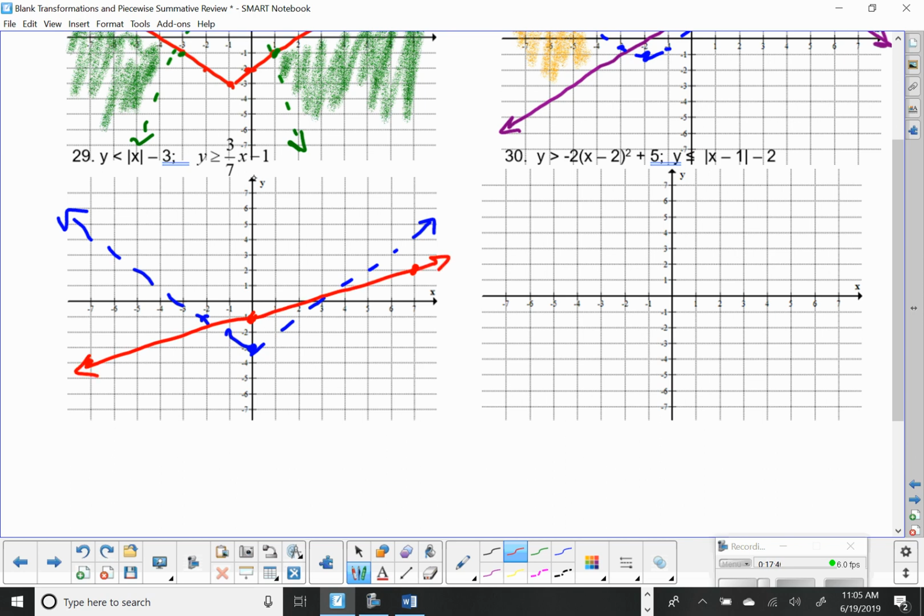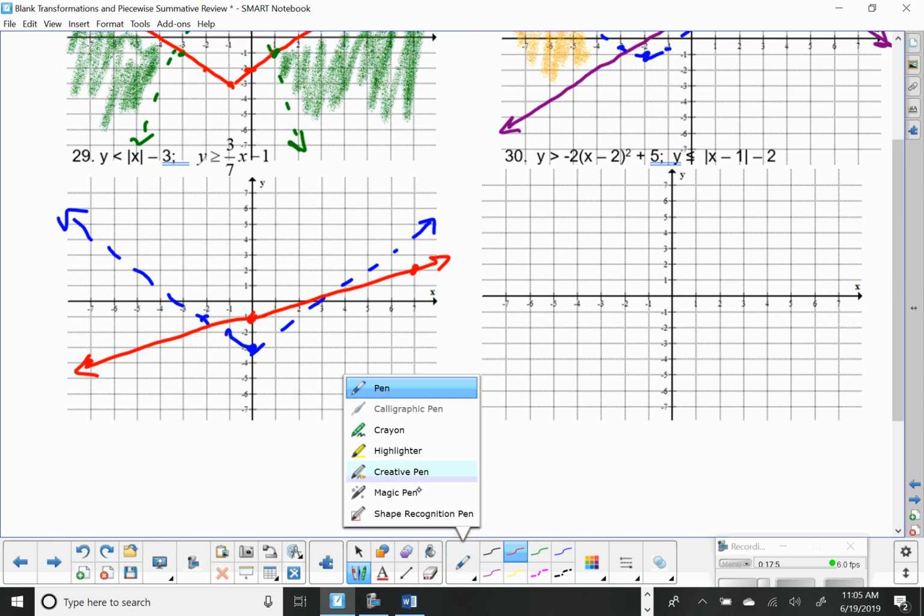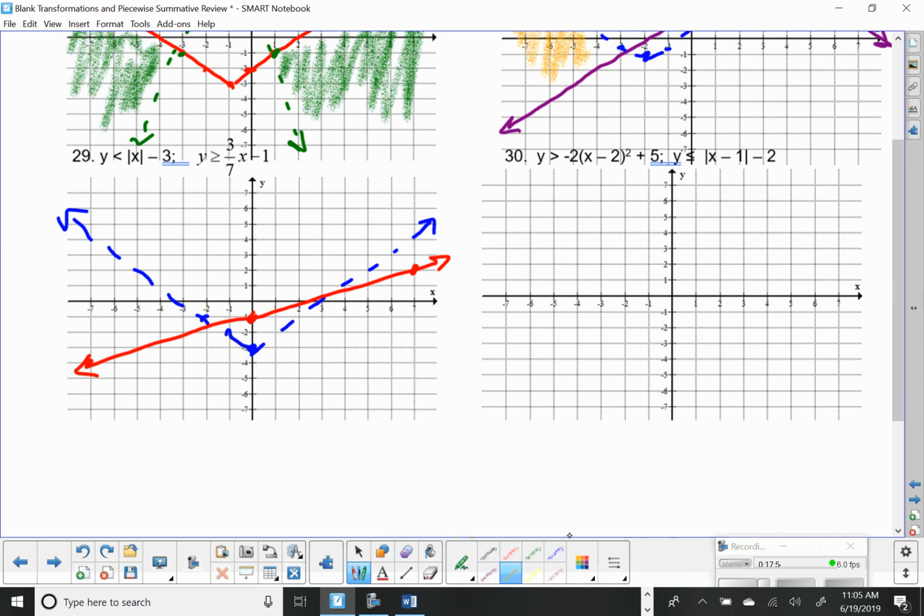All right. Now I want above the red and below the blue. Right? I want crayon. Boom. Okay. Below the blue and above the red. So I'm in this area. Okay, I'm making corrections to things too. So, all right, number